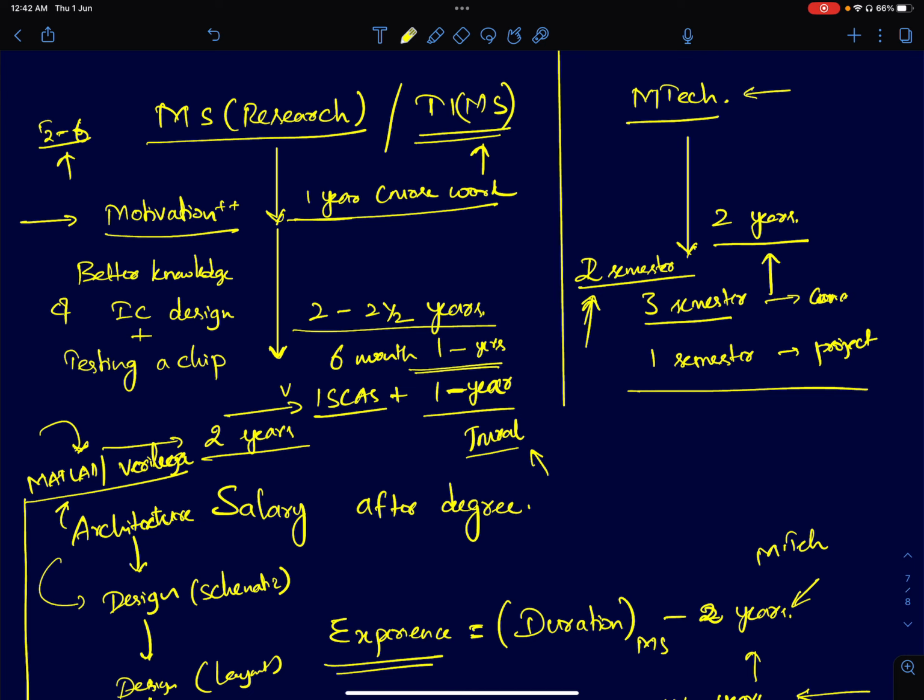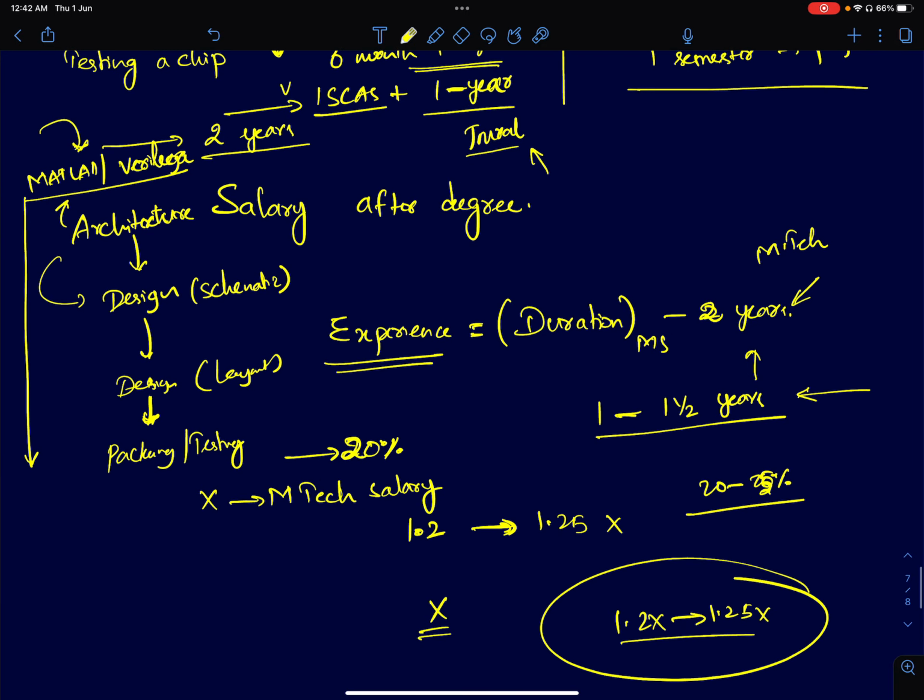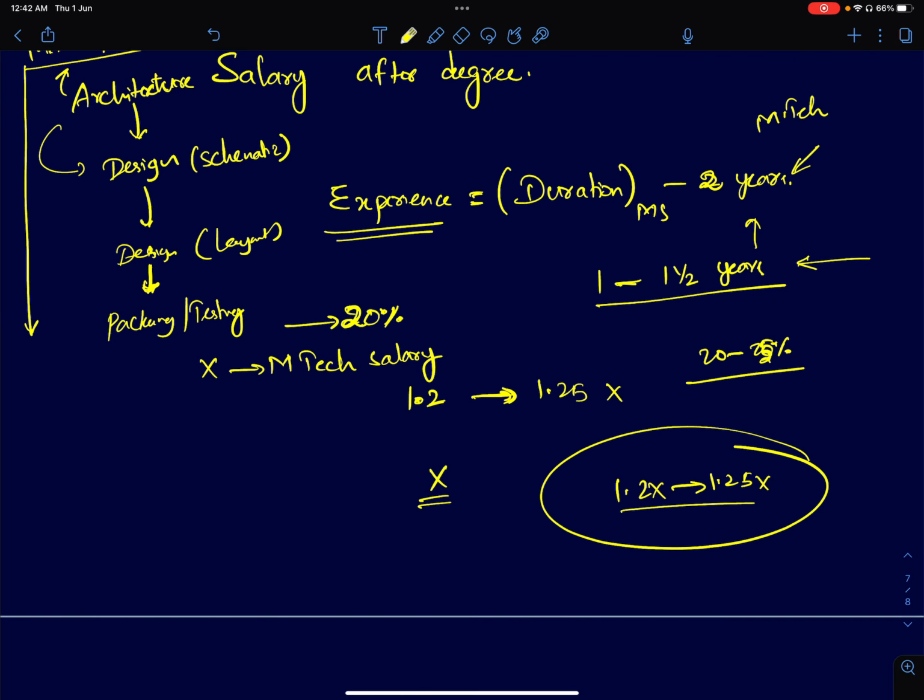So the skill set that's developed by an MS by research student is much higher than an MTech student. It's almost, as I said, like a PhD student, with all the skill sets of a PhD student. So therefore, there should be a difference between them. What I hear, even up until very recently, is that the difference is very small. Sometimes it's a very small delta that the industries give you. But